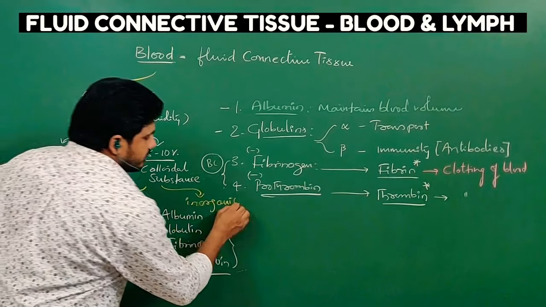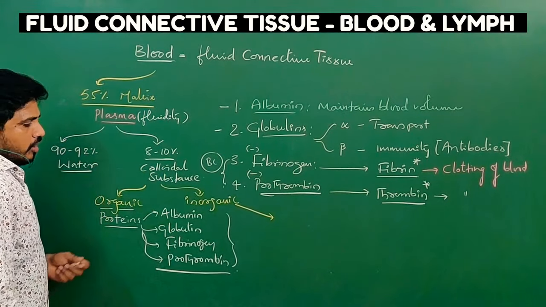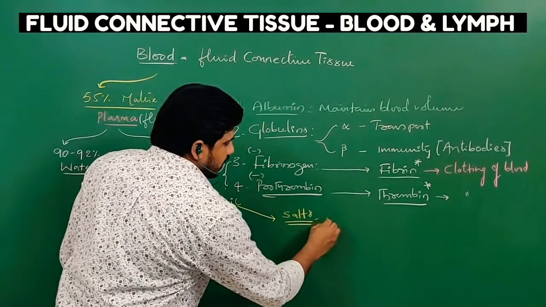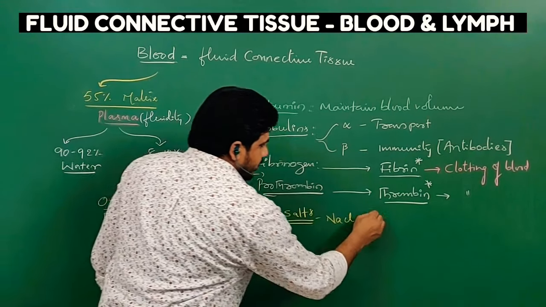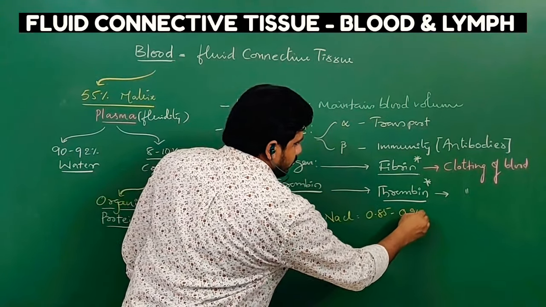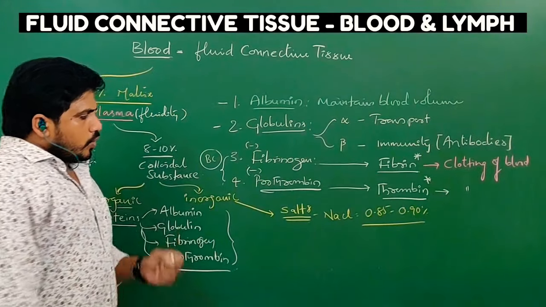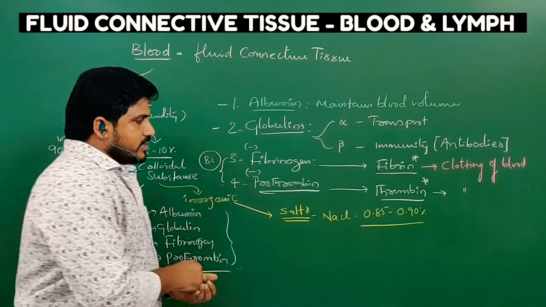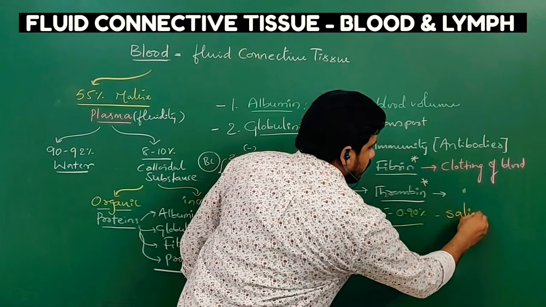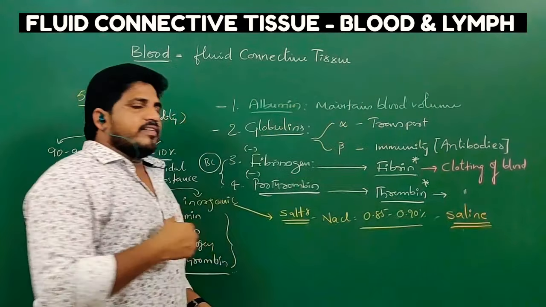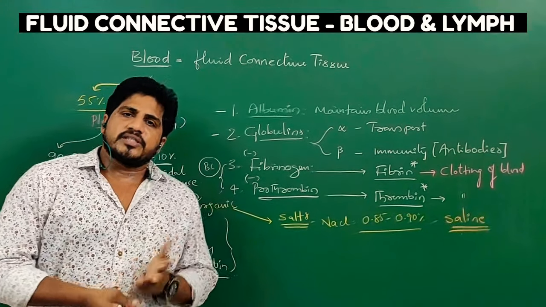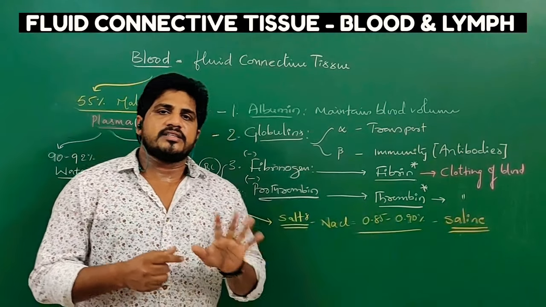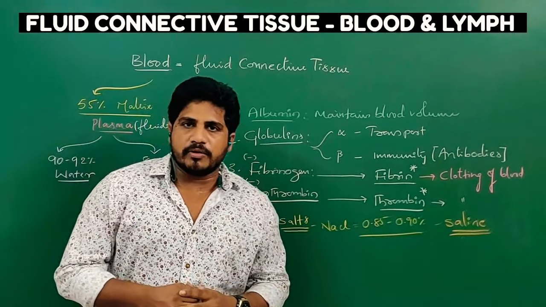If we discuss the other side, the colloidal substances of the plasma that are called inorganic components. Inorganic components majorly in the plasma are salts. The major salt is NaCl, which is 0.85 to 0.90%. So 0.85 to 0.9% of sodium chloride solution inside the blood is called saline. Generally, when we panic or are hospitalized due to some injuries or weakness, saline bottles are used to inject into our body. People generally think that it is a glucose bottle. Wrong. Glucose cannot be injected to our body directly.